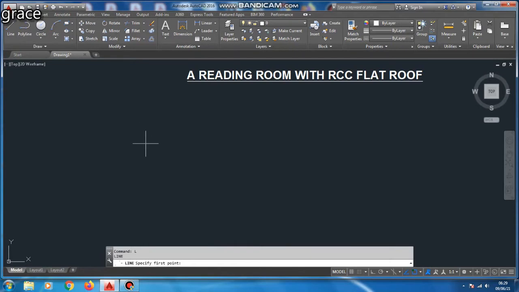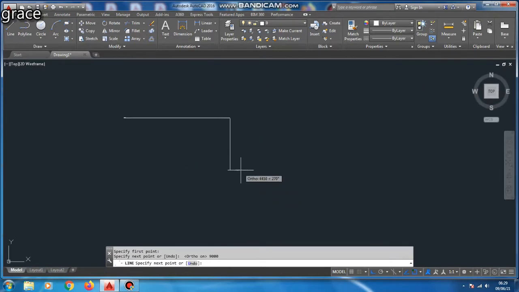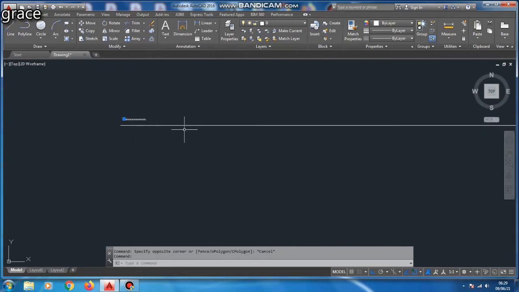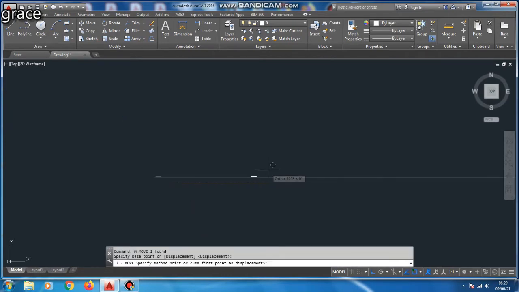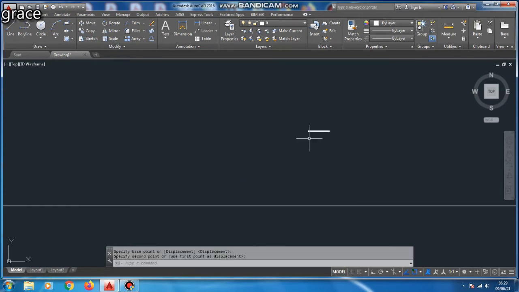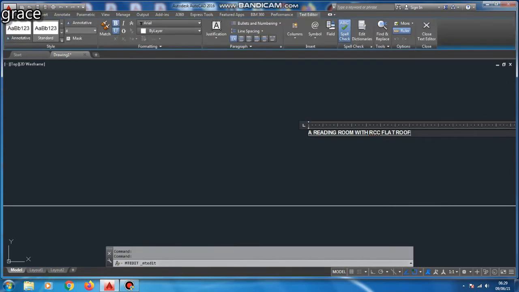The command for line is L. So we are going to draw a room by using the simple line command. The length is 9000 mm and the breadth is 5000 mm. Here I am going to draw a line for the given dimensions.